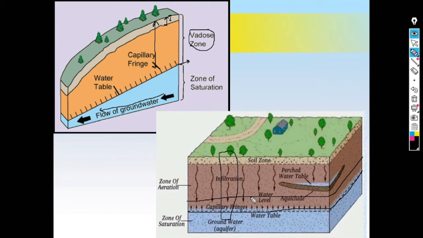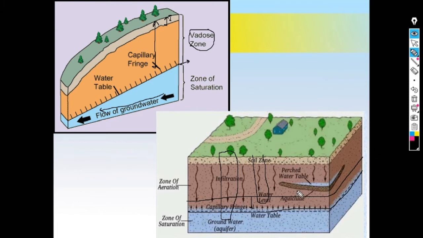If we go for a well in, say, just after monsoon, we may get groundwater at this level only, but what will happen in summers? The water table will deplete, okay, the water table will go down. So these are nothing but seasonal fluctuations in the water table. That's why we usually go for drilling for groundwater in summer times, okay, even for a dug well, even for a bore well.